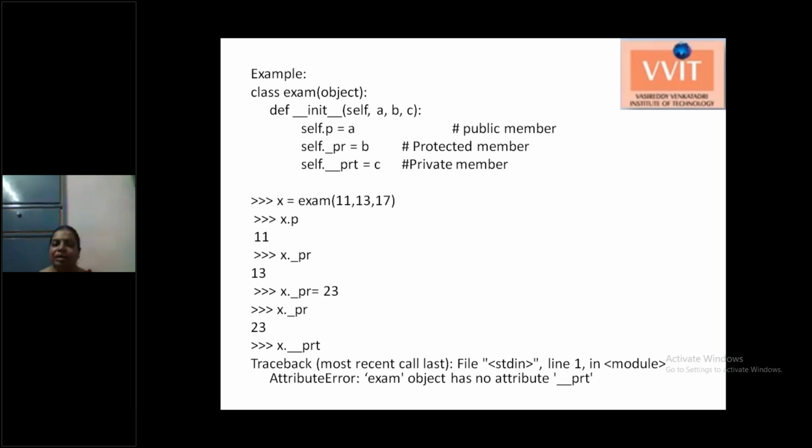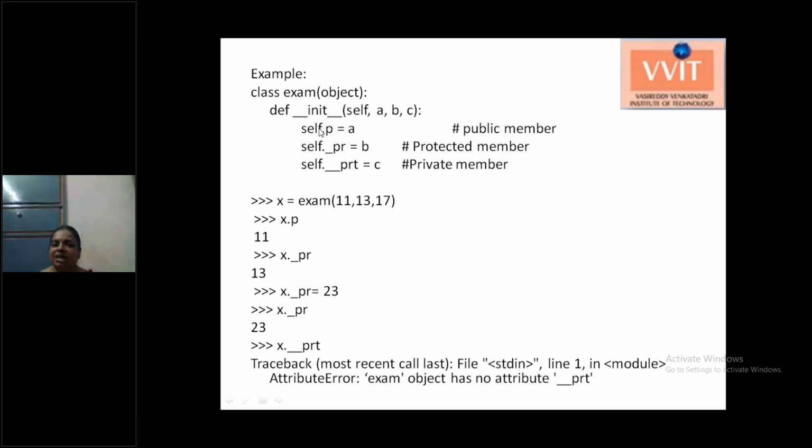PRT is preceded by 2 underscores, so it is a private variable. So we assigned the A value to the public member, B value to the protected member, and C value to the private member.